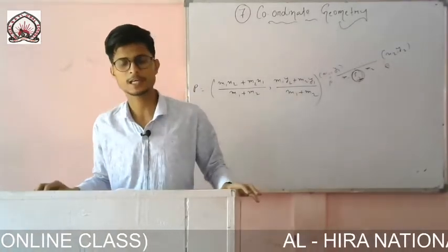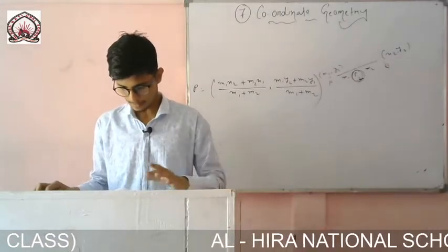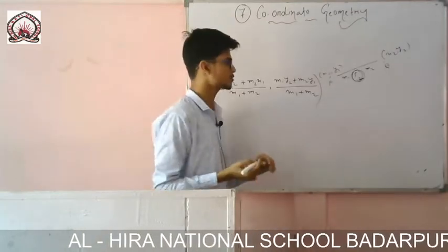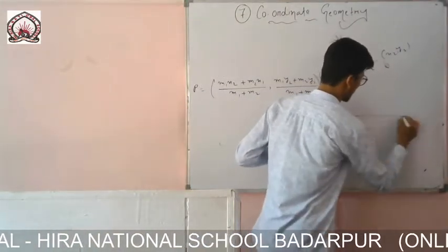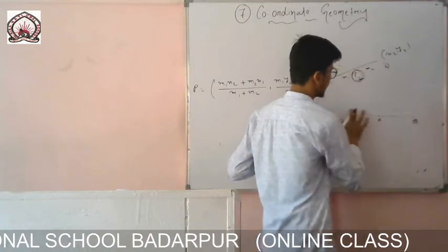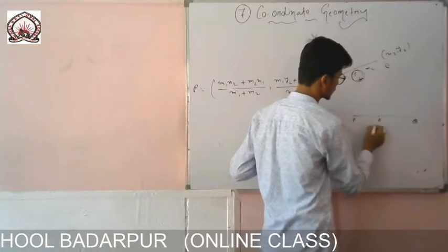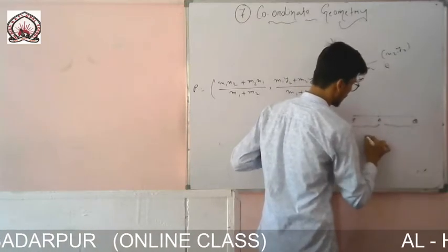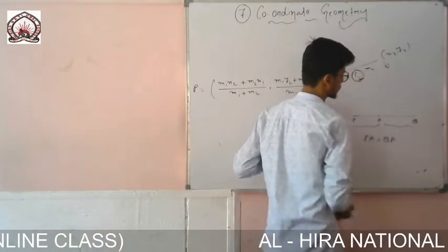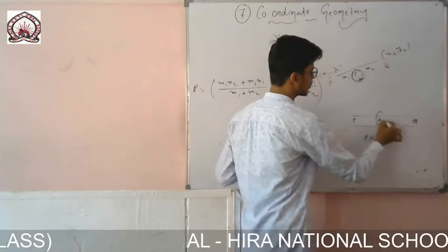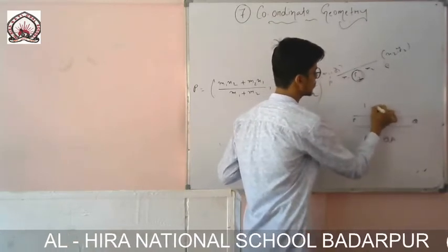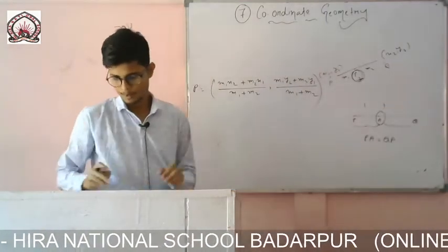So one special case is given like this: if the midpoint of a line segment divides the line segment in the ratio 1:1. What I said earlier is that if the line PQ is divided by a point A, and the distance is the same, then earlier we wrote PA equals QA and solved it. But now if the question is to find the coordinate of that point, we can easily say, since it is equally divided, the ratio will be 1:1.